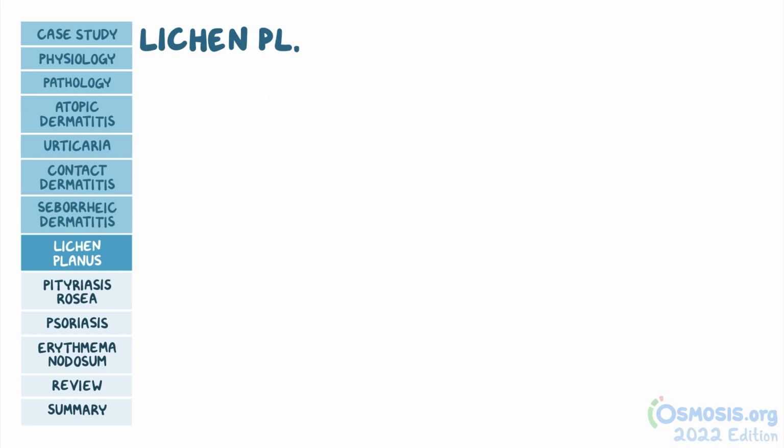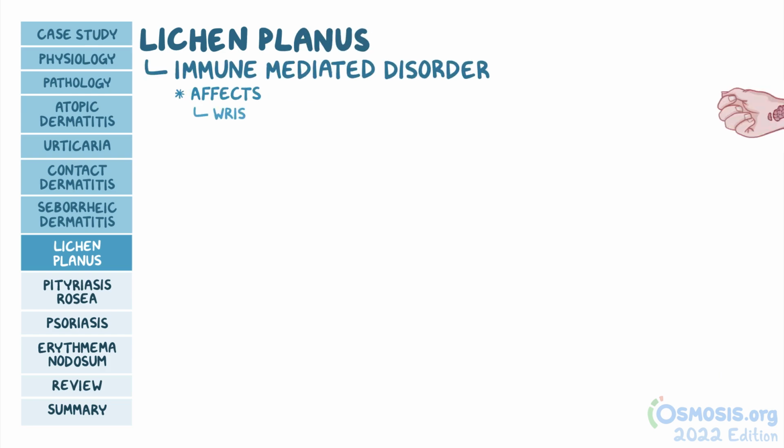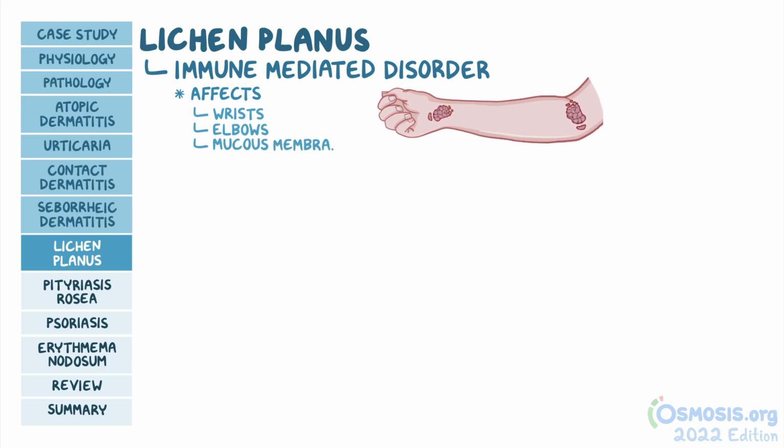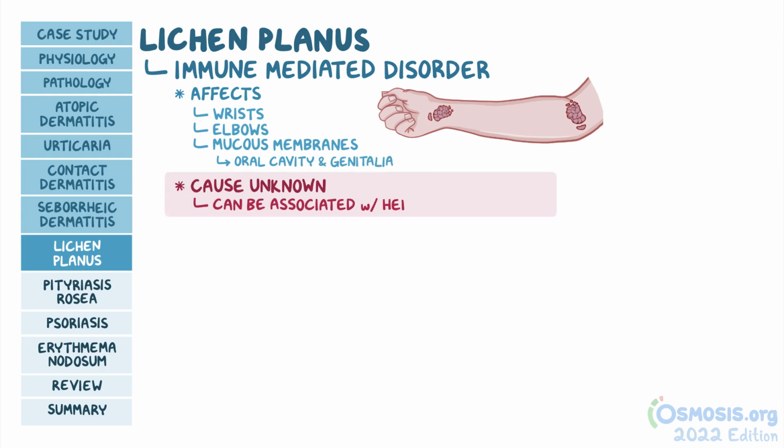Moving on to lichen planus. This is an immune-mediated disorder that typically affects the wrists, elbows, and mucous membranes, such as the oral cavity and genitalia. Its cause is unknown, but it can be associated with hepatitis C virus infection. Another thing you definitely need to remember is that the